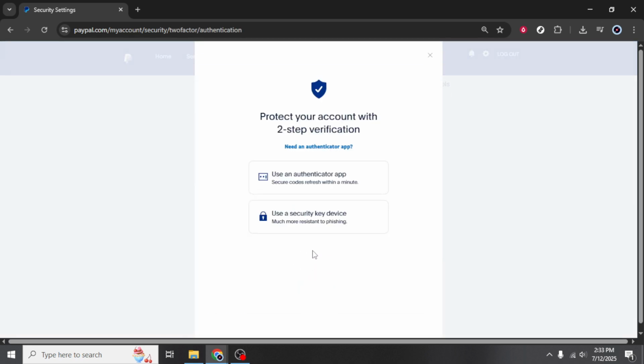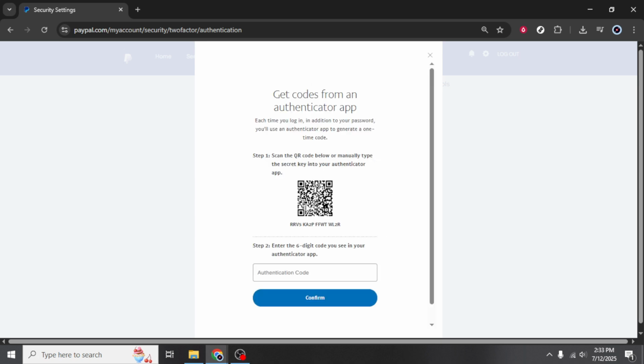This is generally considered one of the more secure options for 2FA, as it involves using an app to generate a time-sensitive code. You can use popular authenticator apps such as Google Authenticator or Authy, both of which are available on Android and iOS. With your Authenticator app ready, you will be prompted to scan a QR code provided by PayPal. This QR code links your PayPal account to the Authenticator app, so make sure to have your smartphone handy